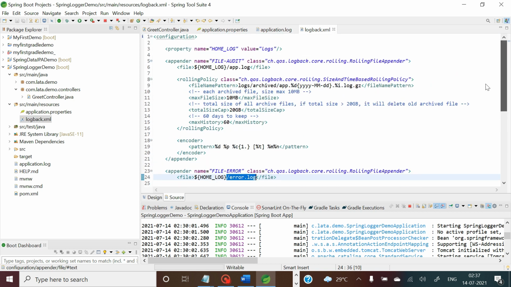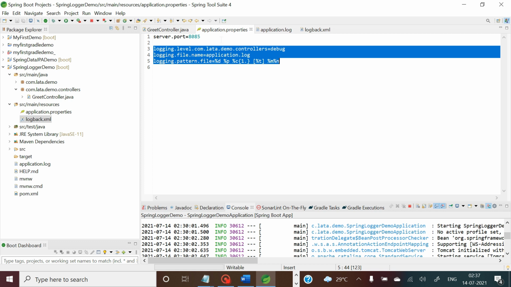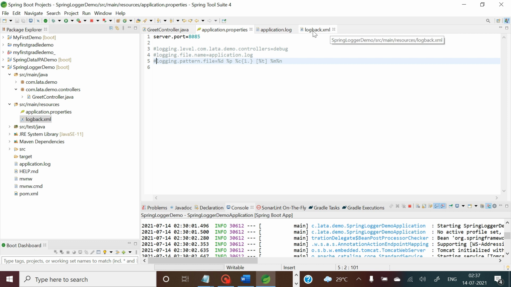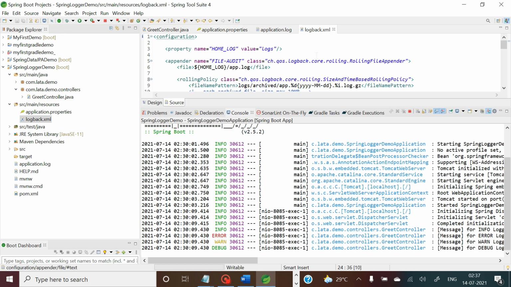So after doing this, I can just comment all the logging related things that I have written in application.properties file, because at this moment logback.xml is the one that is going to work, and because I have used rolling file appender over here, on console I'm not supposed to get the logging messages.